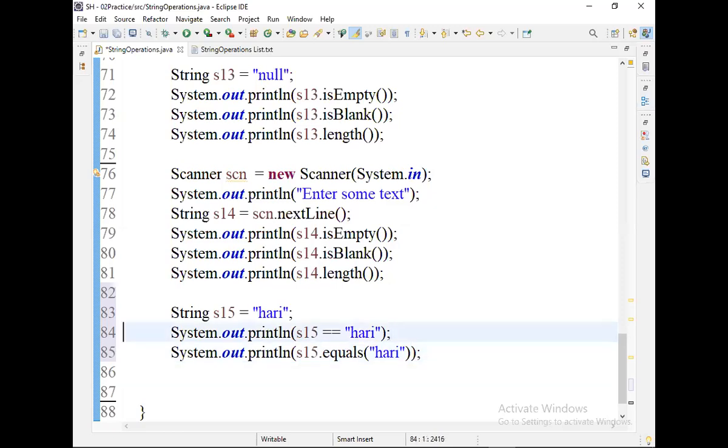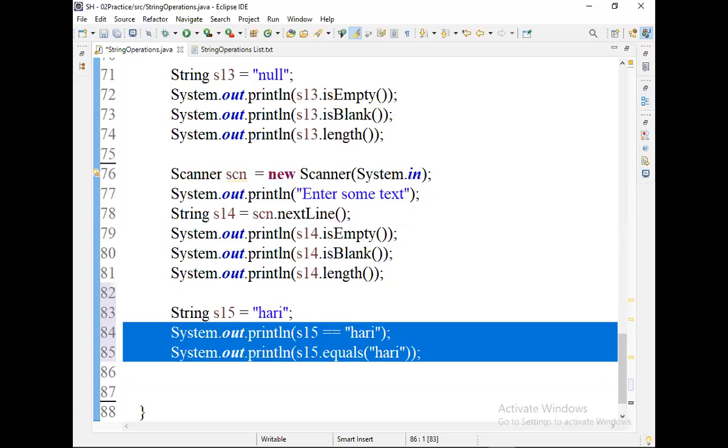What is the difference between the double equal to operator and the equals method? The double equal to operator compares by using reference. The equals method compares an object either with reference or with data.